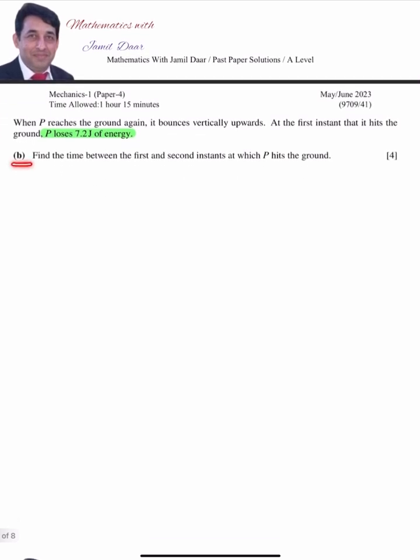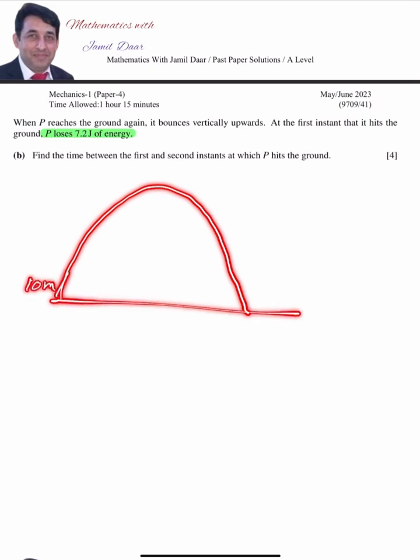Part B. In part B, they say that when P reaches the ground again, it bounces vertically upwards. At the instant that it hits the ground, P loses 7.2 joules of energy. Okay, as I told you before, when it is projected with speed 10 meters per second, it will hit the ground with 10 meters per second again. Now it is projected again because of bouncing, and it will